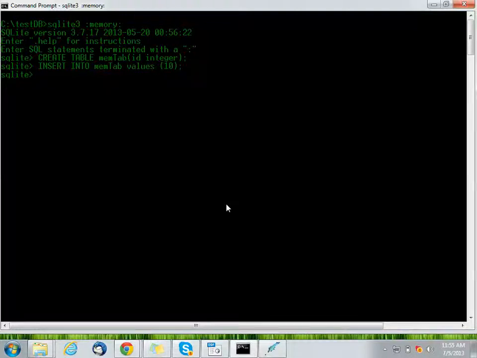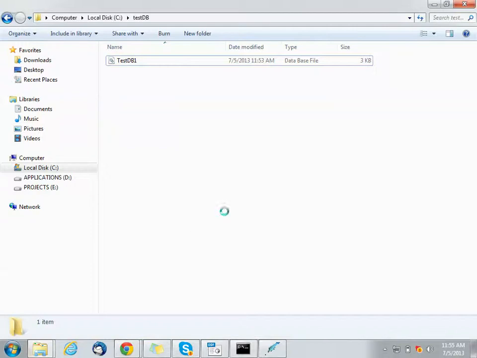So right now we have this database in memory. Physically we don't have that file present anywhere. We are working in testdb, and we should check testdb for any file. There are no files. So it is in memory.